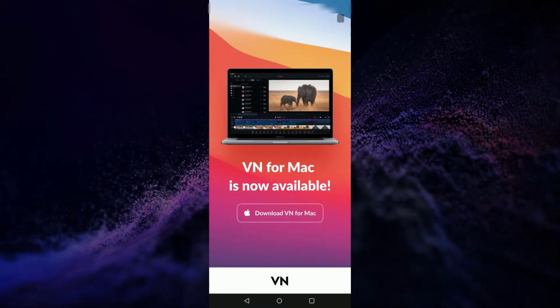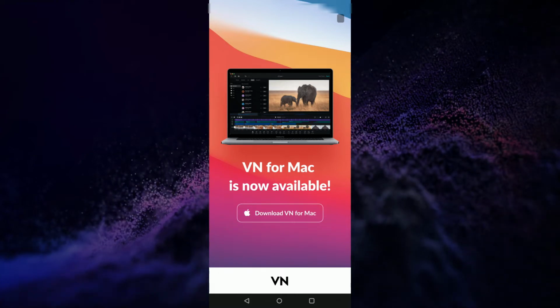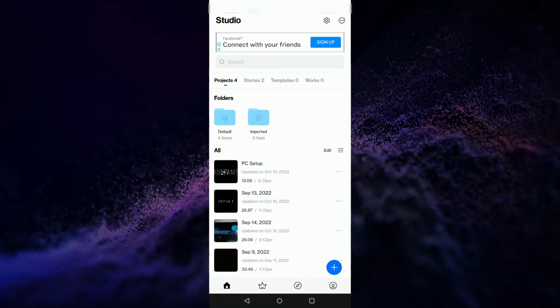So that is exactly what we are going to learn today, and we will see how you can make some great edits using a cell phone based app, the VN Editor. Let's get started. Once you open up the VN Editor, this is the menu you can see. VN Editor is also available on macOS. And once I'm in, here are some of the sample projects I've worked on previously.